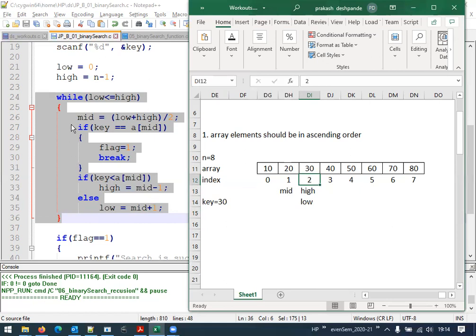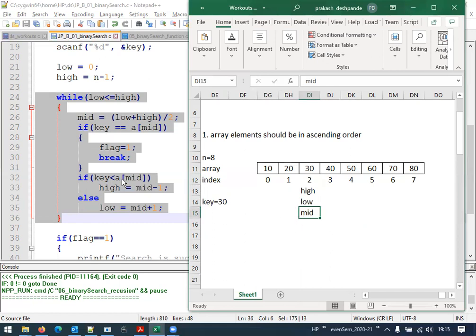Correct? Now again it will enter the while loop. In the while loop, what do we have? Low is less than or equal to high. Both are 2 only, so 2 is equal to 2. The condition is still true. Since the condition is true, it will enter the while loop. Once it enters, we calculate the mid value once again. So mid is what now? 2 plus 2, whole divided by 2, that is 4 divided by 2. We get mid as 2 itself. Now look at the things. Low, high and mid all are pointing to the same value, but we are now bothered to look at the value of A of mid.